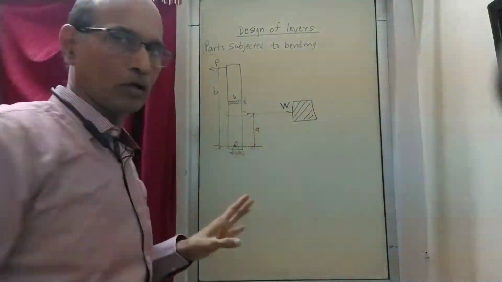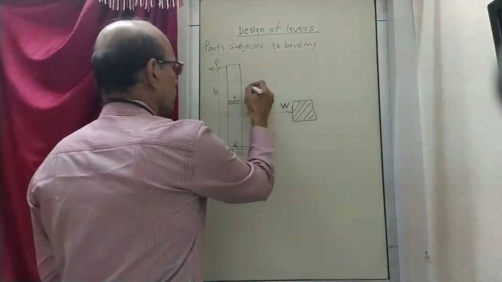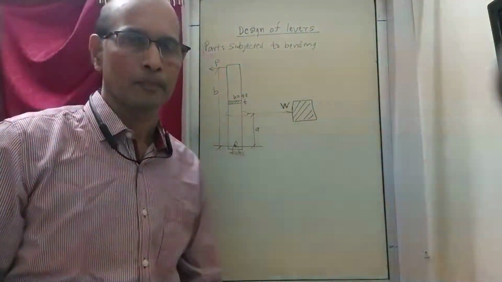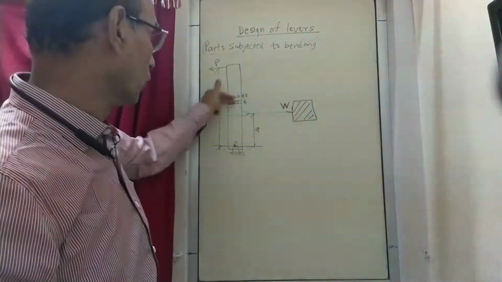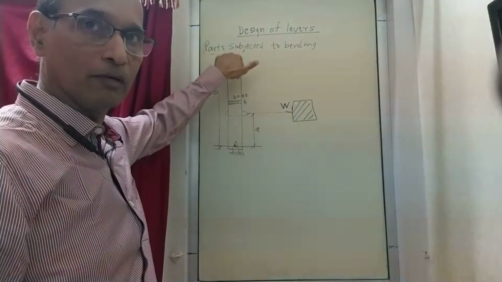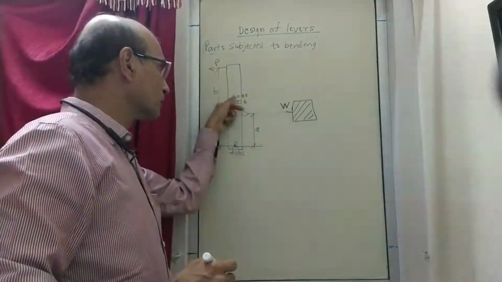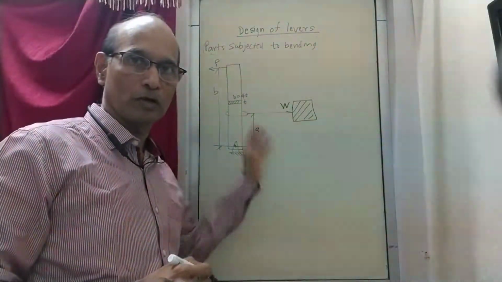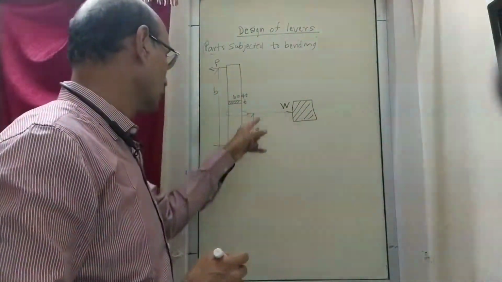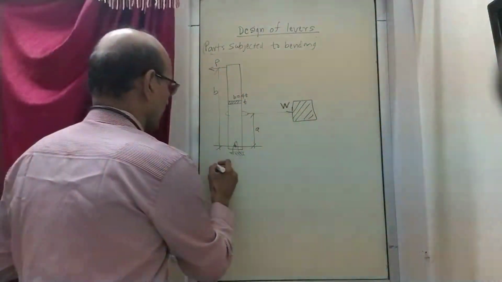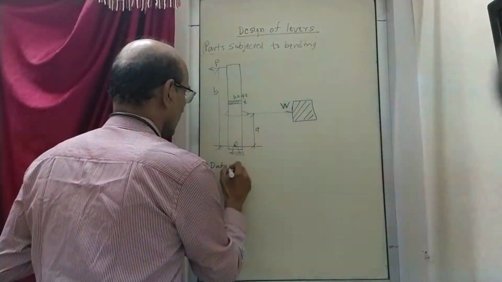So it is a rectangular cross section where B is equal to 4 times T. And this is shown by a revolved section. Instead of showing the other view of the lever, we are just showing the section by rotating it so that you will come to know how the section is made up. This is called a revolved section. Okay, so now this is a lever which you have to design, and in the question the data is given like this.